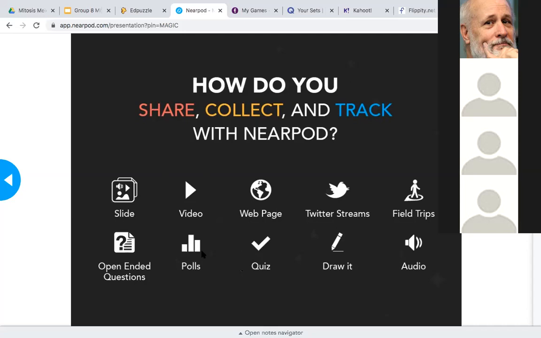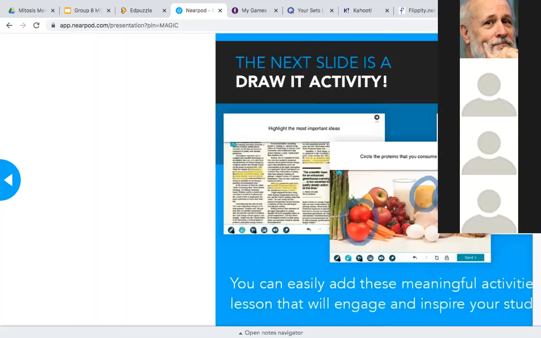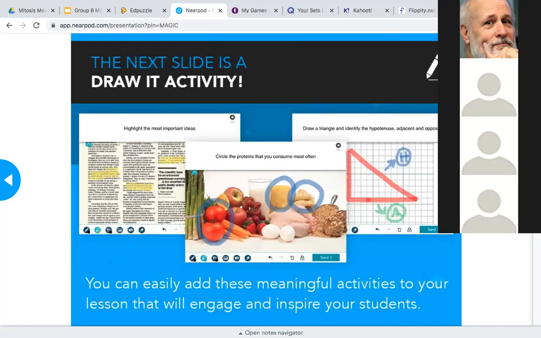I saw the question that somebody asked in Blackboard Collaborate. You can poll your students, but you can't store those questions in advance. You have to type the question. Well, in Nearpod, you can have those already loaded and ready to go, so you don't have to take time to type out the questions. One of the features is that they can actually draw on the slides. So here are some examples: they can highlight, you can ask them a question and have them circle, and they can draw.